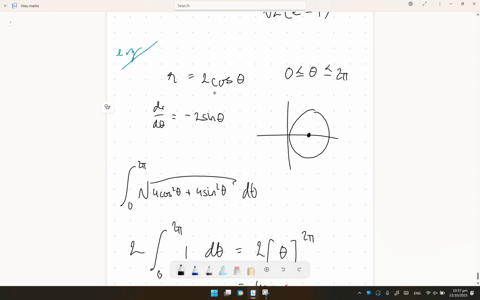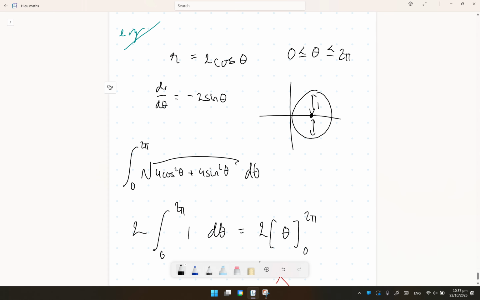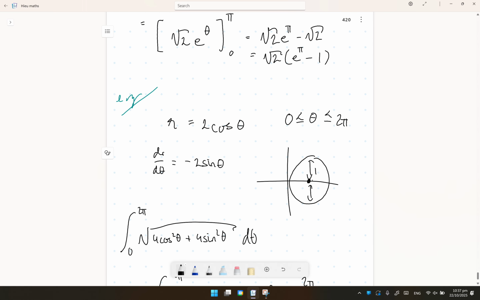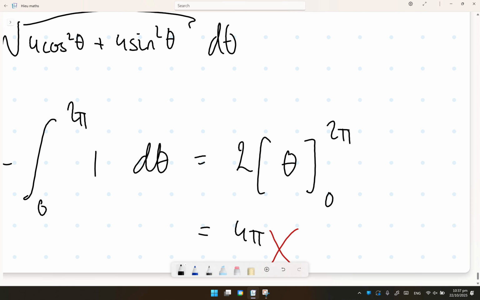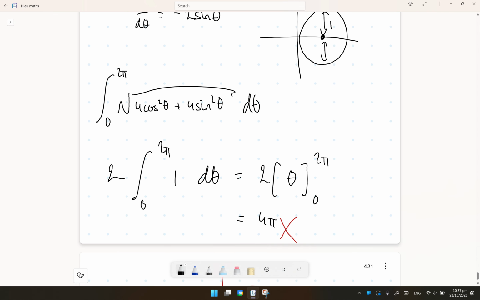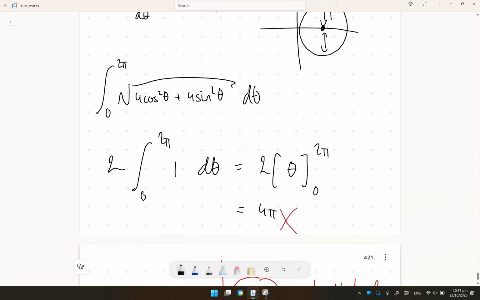One special one I want to talk about is we want to go back to this, r equals 2 cos theta. If you remember from the start of the video, this was a circle with radius 1. So for this one, basically, we do all those things, but I got the answer 4 pi, and that's wrong, right? And the reason why it's wrong is